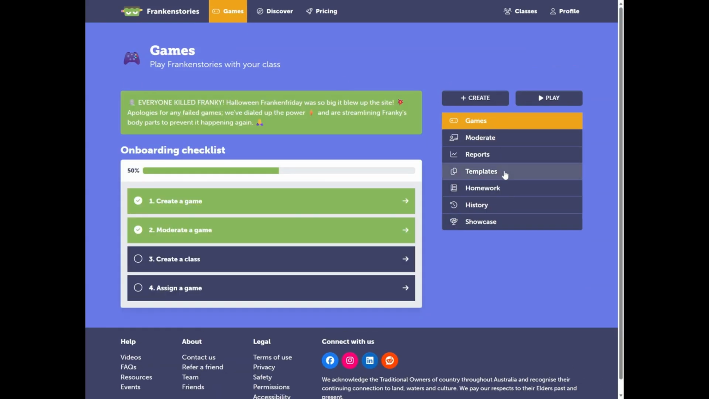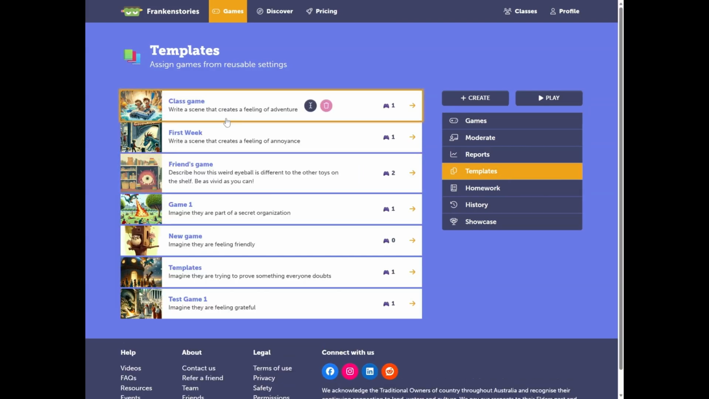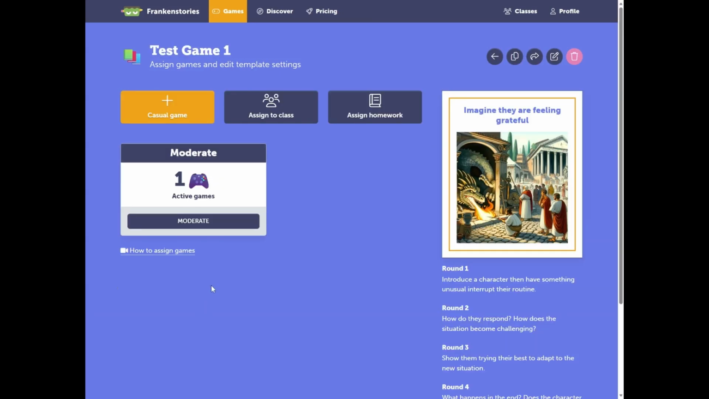And if I go to templates, you'll see that that game has arrived in templates. Here it is, test game 1. So I could go into that template and I could go to casual game or assign to class, assign homework, but I can also edit the settings